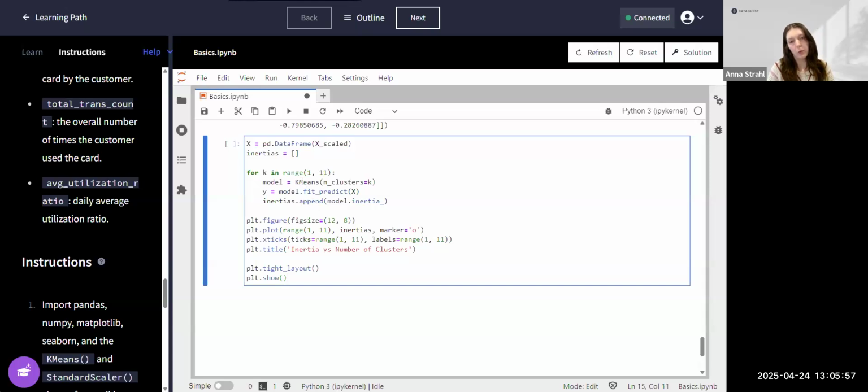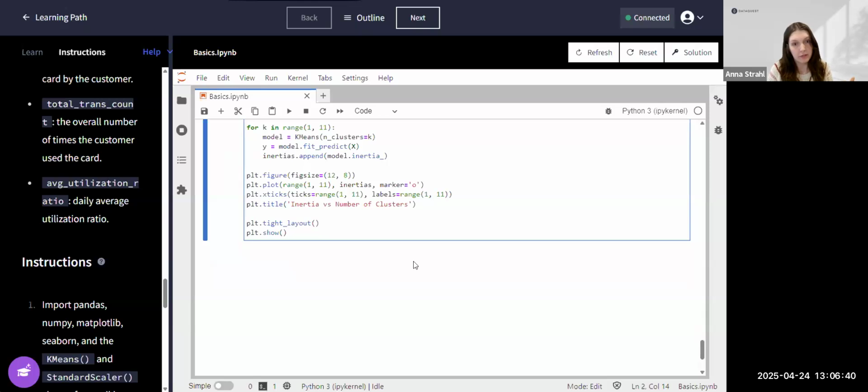So what we're going to do is, here we're turning our X-scaled data back into a data frame, and we are initializing an empty list called inertias. And inertia in k-means clustering is a sum of the squared distances between every data point and its corresponding centroid. So the centroid is the center of a cluster. So the closer a point is to the centroid, the smaller the inertia, basically. Or the closer all the points are to the centroid, the smaller the inertia. And small inertia is better because it means the cluster is stronger. However,